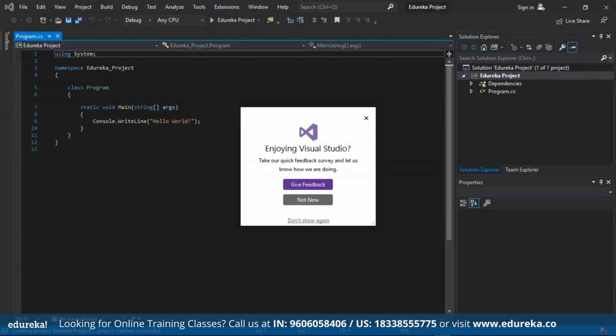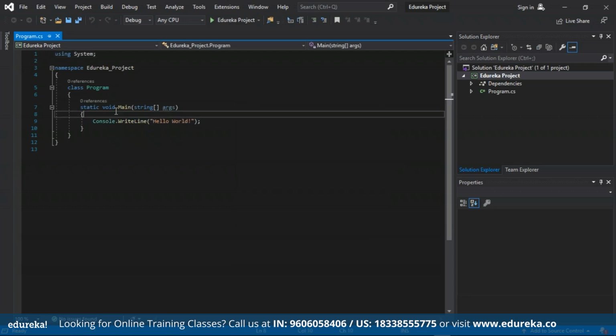So this is how your first project looks like. Now your Visual Studio is asking for feedback. You can either give it now or select not now. So this is how your Visual Studio editor looks like. You can see that Visual Studio has given you the first basic Hello World program, and now let's try